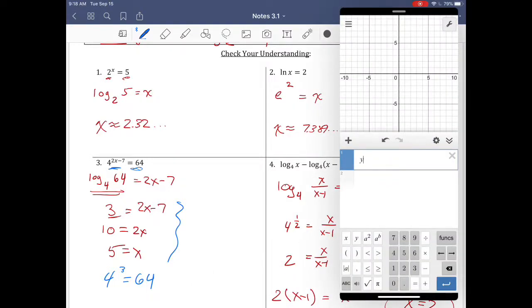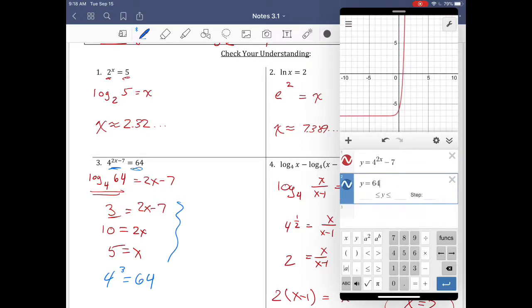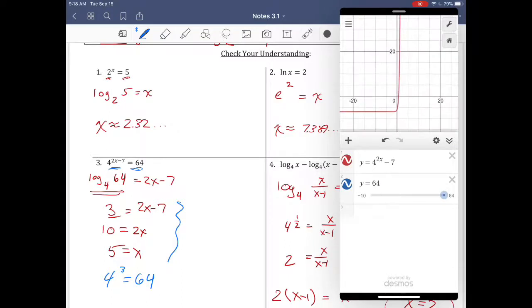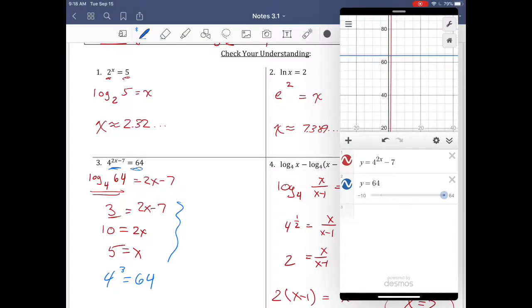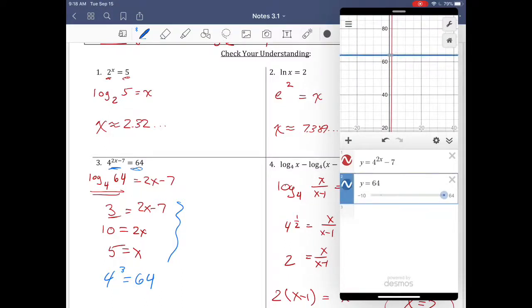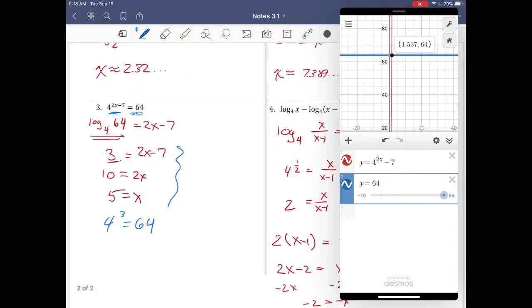So if we plotted y equals 4 to the 2x minus 7, and then y equals 64. Let me see if this works. So you can just pinch in with these, and then again, find the intersection point to be,